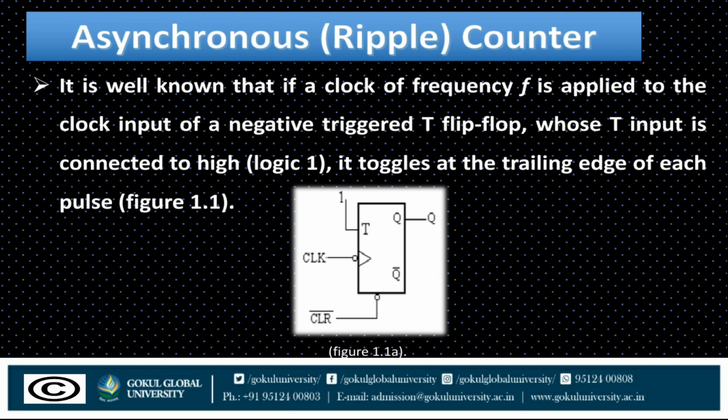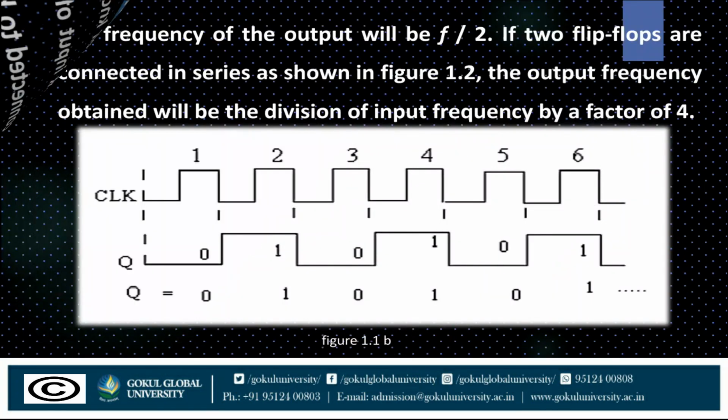It is well known that if a clock of frequency f is applied to the clock input of a negative edge triggered T flip-flop, whose T input is connected to high, meaning logic 1, it is toggled at the triggering edge of each pulse, as shown in figure 1.1, the T flip-flop with the clock pulse and output Q. The frequency of the output will be f/2. If two flip-flops are connected in series as shown in figure 1.2,